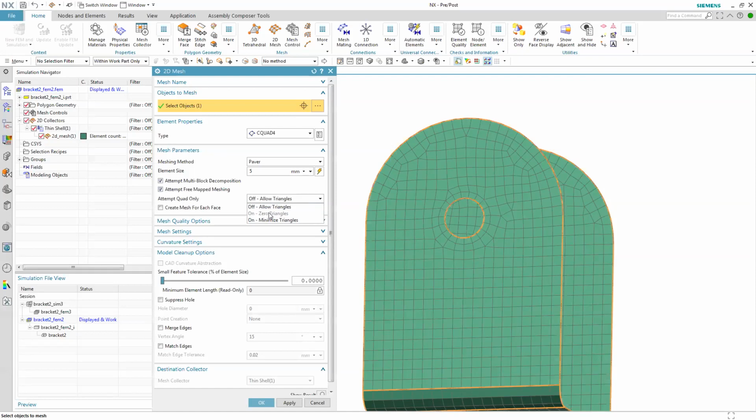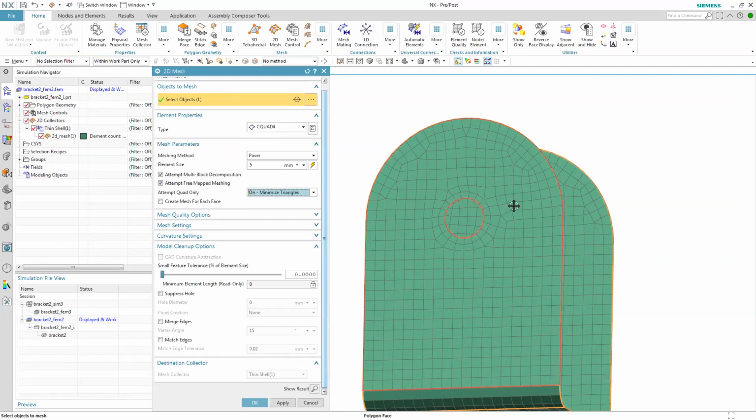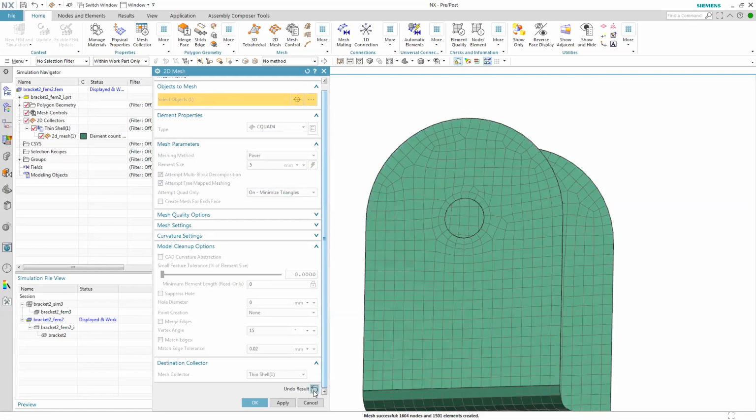I can't have it on 0 triangles if I want to do the free mesh or multi-block decomposition, but I can use this new minimum triangles. So we'll see that there's a couple triangles around my model, and if I do this now, it'll just do a good job of reducing most of those. So at least personally, I'm probably going to be using this a lot,